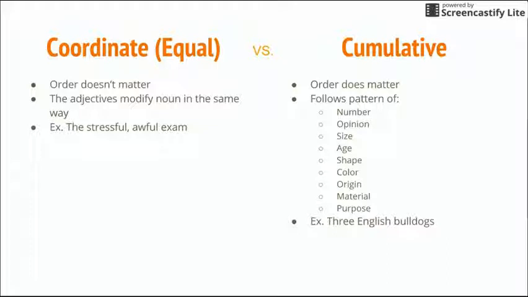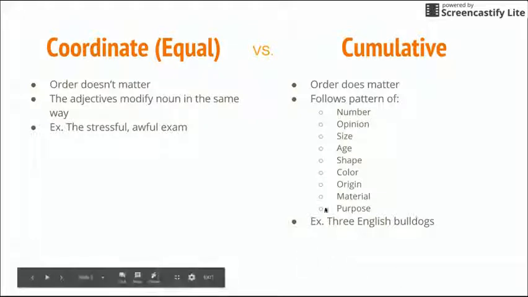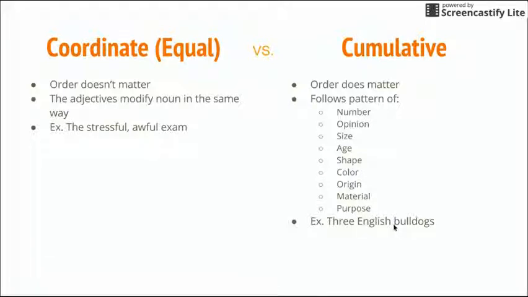So how are coordinate adjectives or equal adjectives different from this other thing called cumulative adjectives? In equal adjectives, the order doesn't matter, whereas with cumulative, it does. With cumulative adjectives, it follows the pattern of saying the number, opinion, size, age, shape, color, origin, material, and purpose. So when you're reading two things that fall in different categories, it needs to follow this pattern. So for example, you say 3 English bulldogs and not English 3 bulldogs because the number goes before the origin